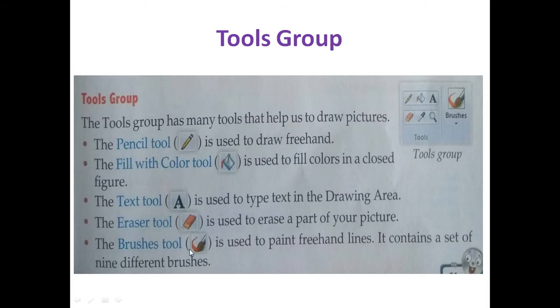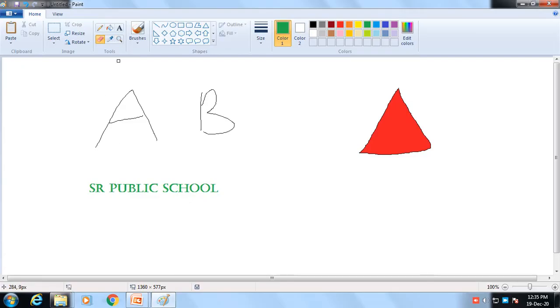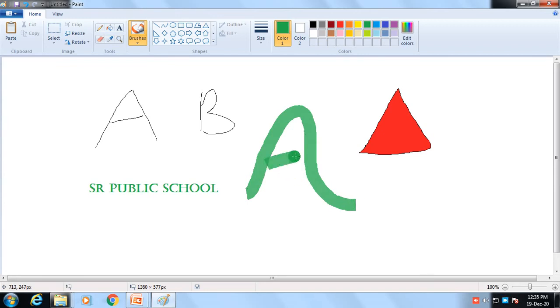Next is brushes tool. Brushes tool is used to paint freehand line. It contains set of 9 different brushes. See, in brushes tool, it is over here. It has 9 different brushes. With the help of brushes tool, we can draw some different type of shapes and figure like this.